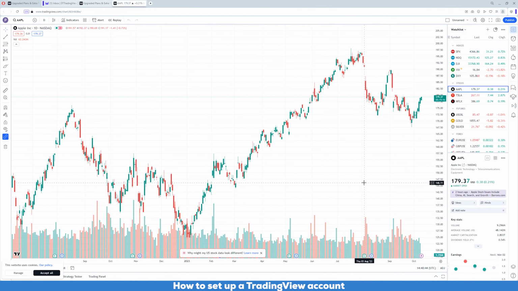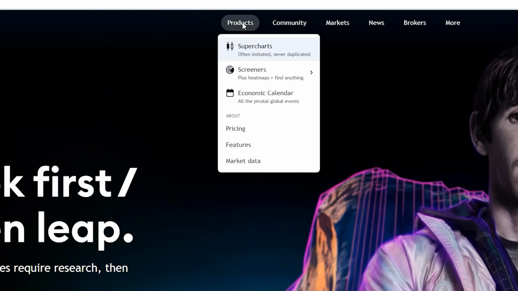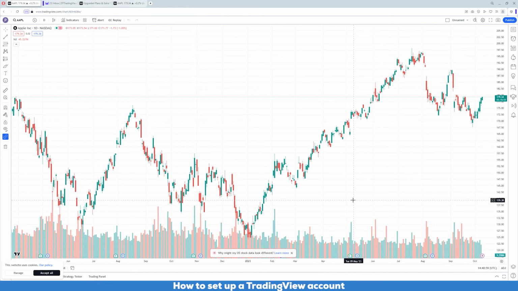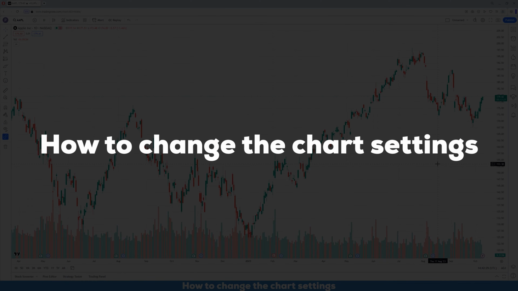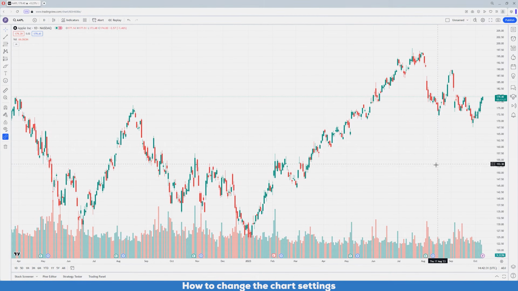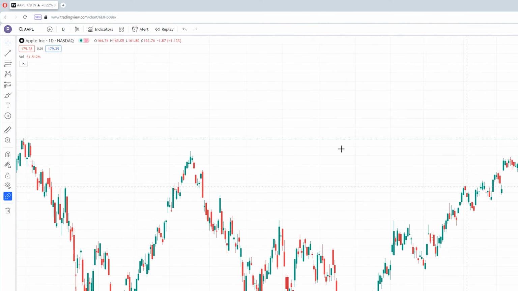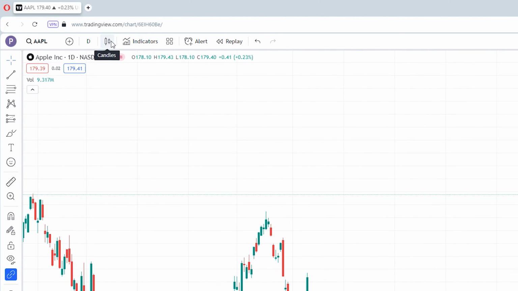plan features. To open the charting section from the TradingView homepage, just hover over the products menu and then click the Super Charts button on the menu that appears. By default, the charts load as candlestick charts. If you want to change this, go to the candle icon drop-down menu and select the type of chart you